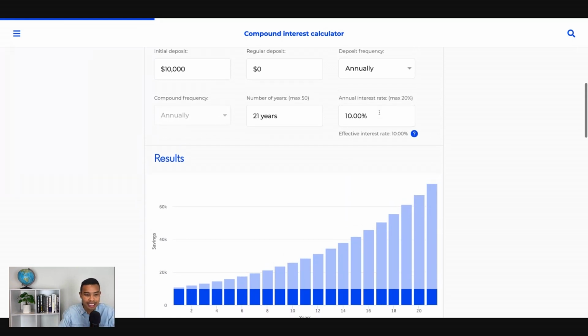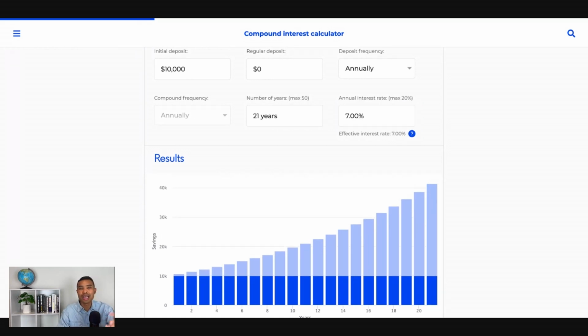Now, of course, this is assuming a constant rate of growth of 10%. If you're wondering what's a fair rate of growth, obviously everybody's going to have different financial goals and aims. But when people try to model out, they say that on average, the market moves around 8 to 10% a year on year. Of course, some years it's going to go higher, other years it's going to go lower. And so when people are trying to conservatively model, often a 7% figure is used to give an insight into what you could, if you're looking to match the market over long periods of time.